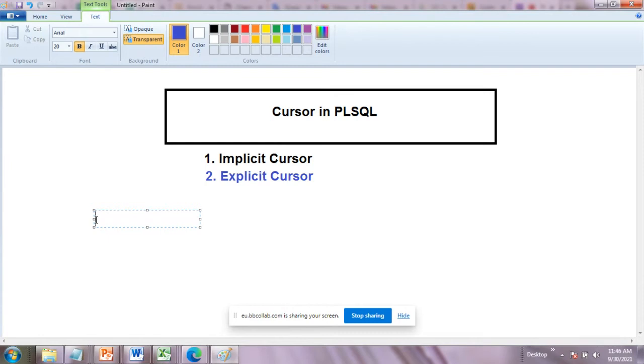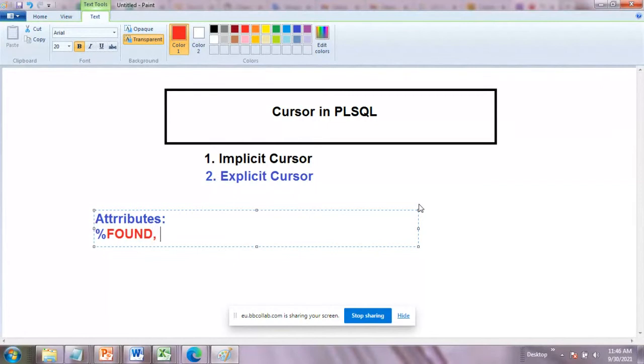See, how many types of cursors you can create. There are some attributes that you can use with a cursor, like %FOUND. If any row is found, you write the percentage sign and then found.